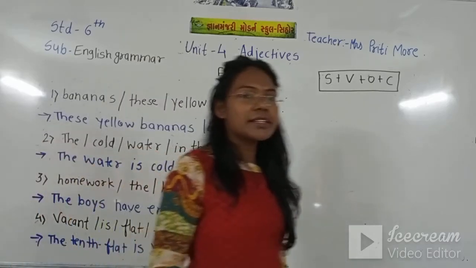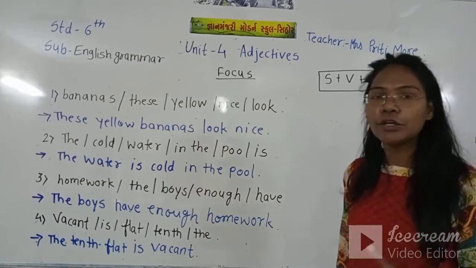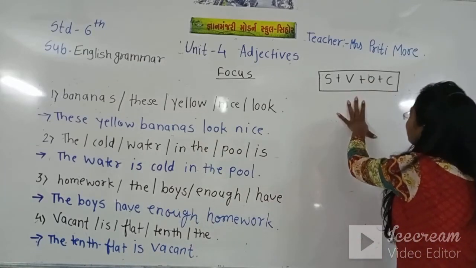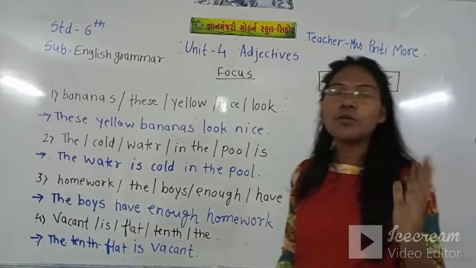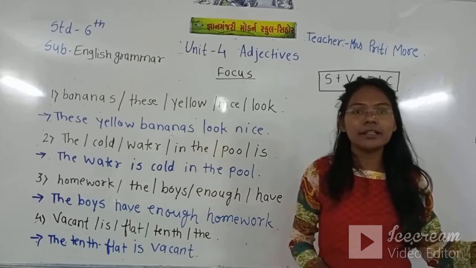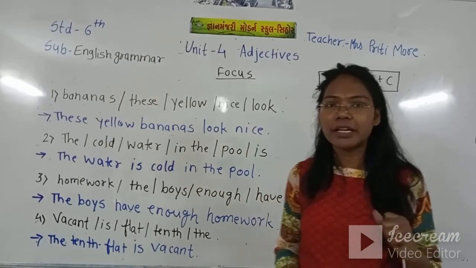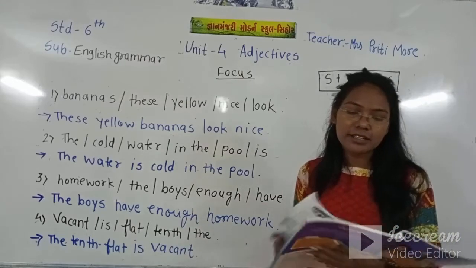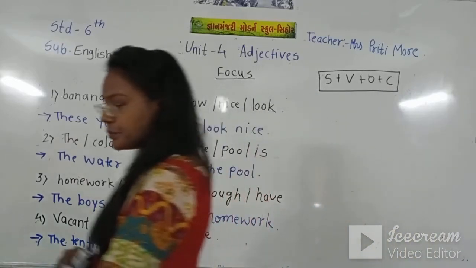For making any sentence also, first what you need is the subject, then verb, then object and then complements. After the object, the words we add in the sentence to make it complete are called complements. That all we will see in our next chapters where the verb is there.